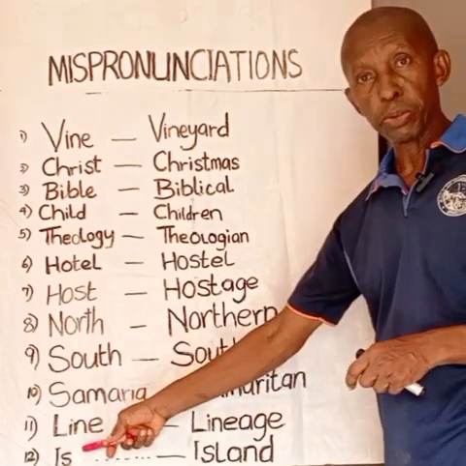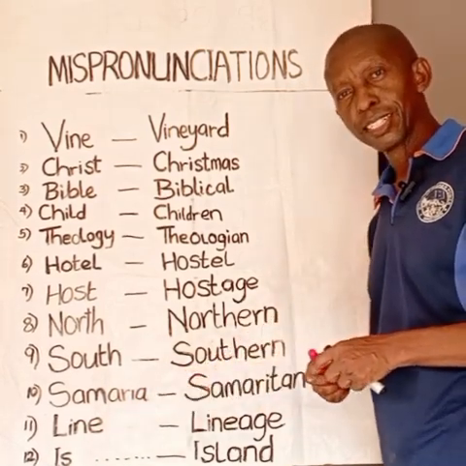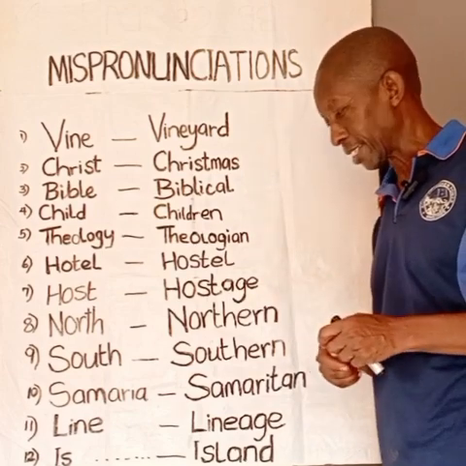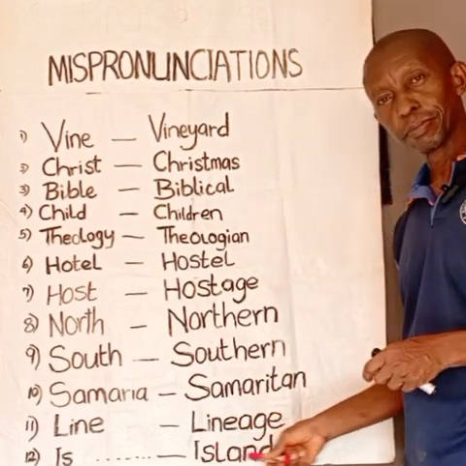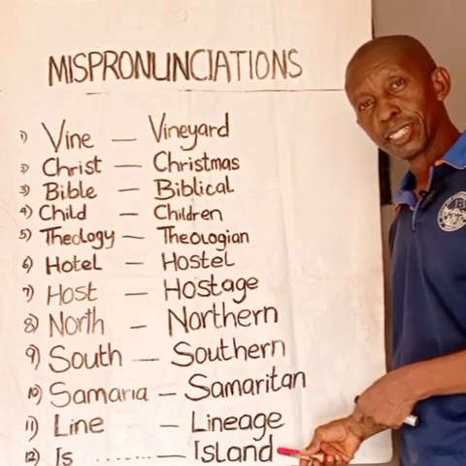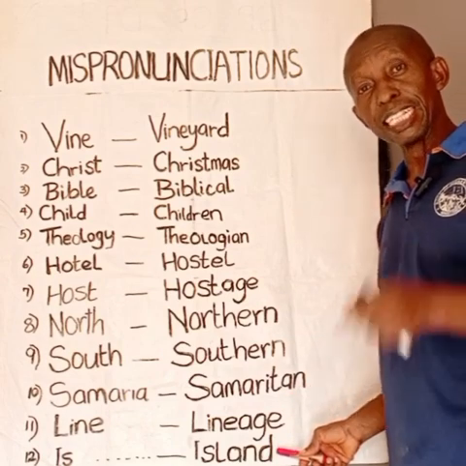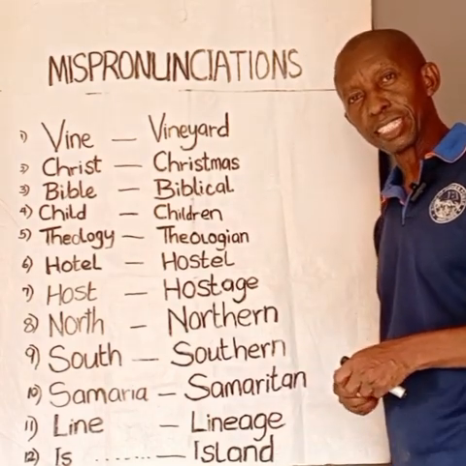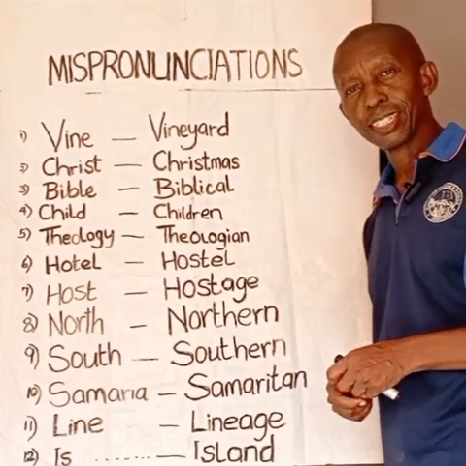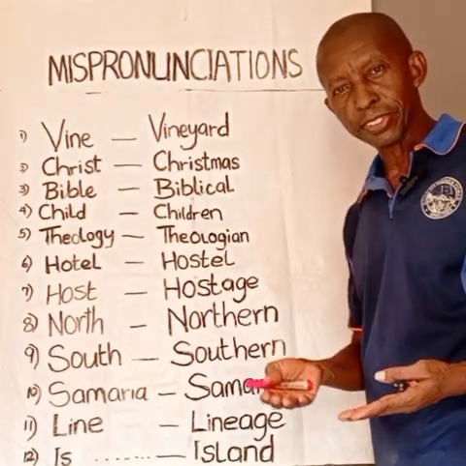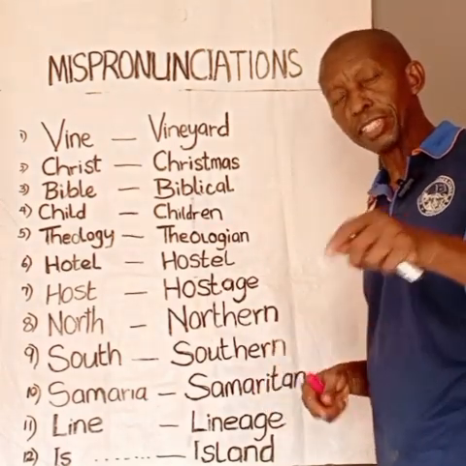We move on to the next word here. Island. Yes. Now you read. Can you read it? Go ahead and read. Is-land? No, it is not is-land. It's island. Do you hear that? Say it. Island. Good. You get it.